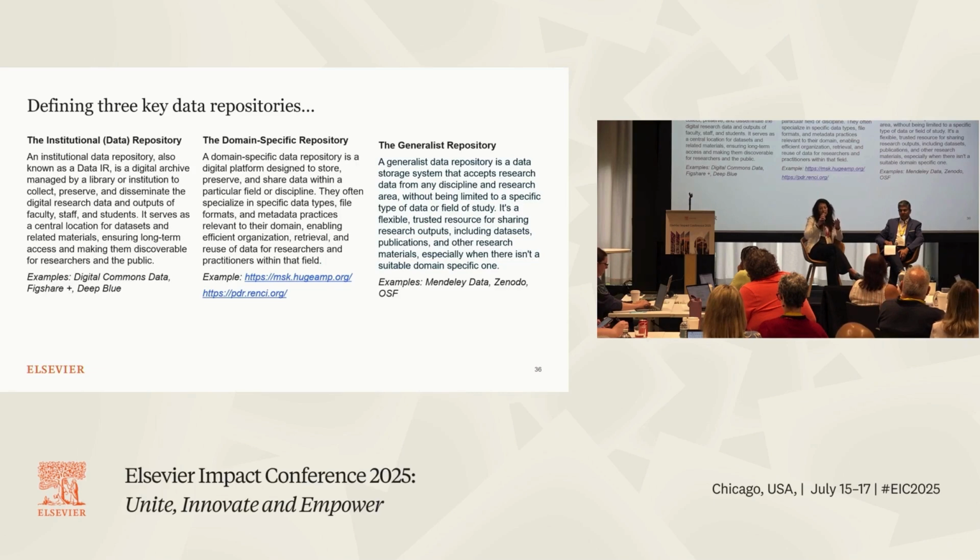The second is the domain-specific repository. And now if you have done your homework and you've read the NIH Data Management Sharing Plan, you know that this is the first go-to place. If a domain-specific repository exists, that's where you want your data set to go first, if an institutional repository is not required or a part of your institutional process. And then lastly, if there's no other place available, then the Generalist repository is recommended.